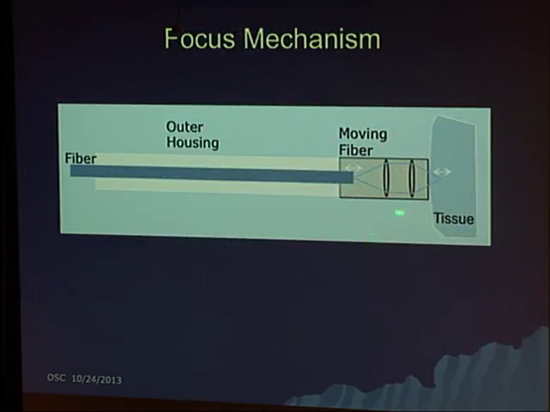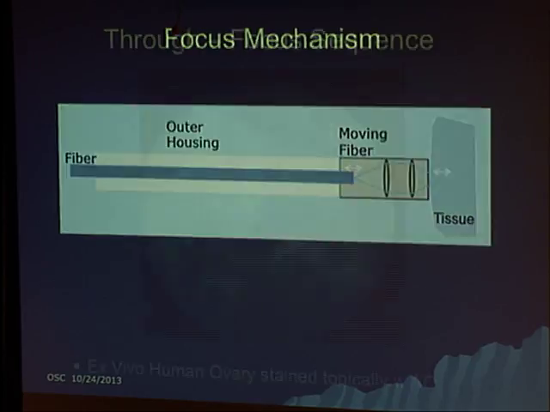The other thing we want to do is be able to focus at varying depths. If you want to build up a 3D image or to be able to image at something deeper than just the surface, you want to be able to focus. So the way that's done is to move the fiber bundle relative to the fixed lens at the end. So if this moves, the conjugates change. You move in, the focal plane changes. So that means that the lens must be well corrected over a broad range of conjugates to be able to do that. That's a challenge.